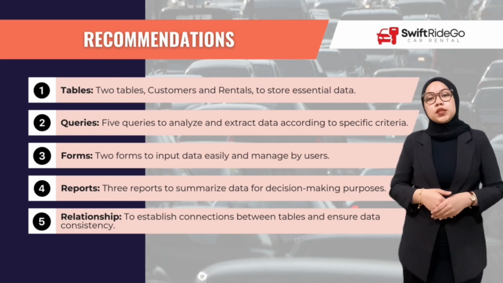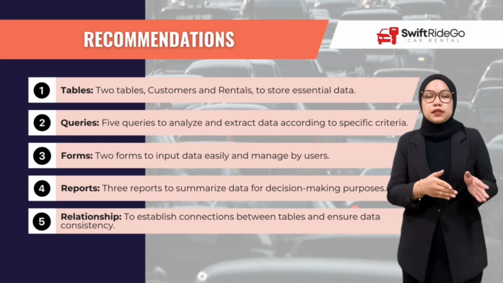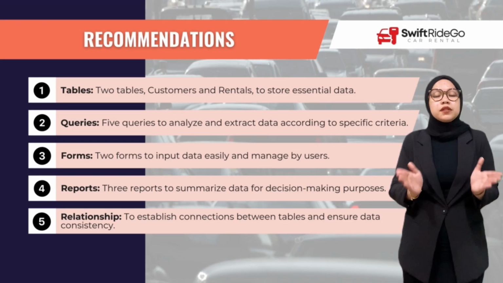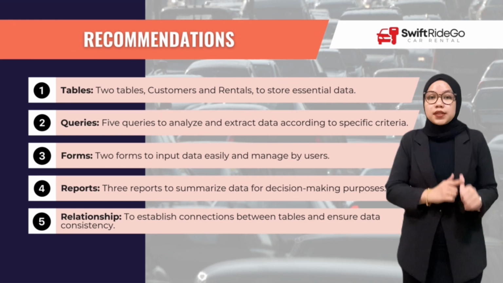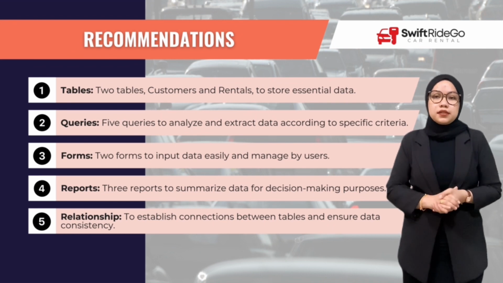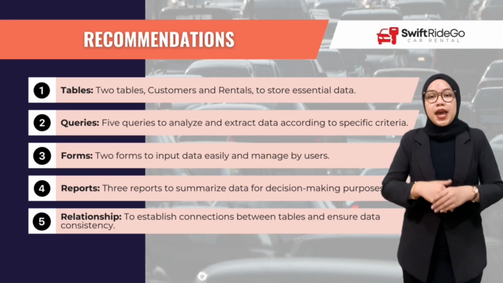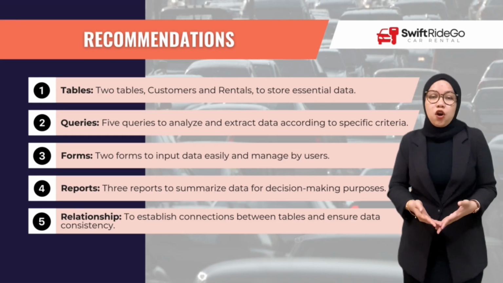The database consists of two main tables: the Customers table for storing clients' details like customer ID, name, license number, contact, city, and preferred car type, and the Rentals table, which records transactions such as rental ID, customer ID, car model, rental dates, fees, and payment method. A one-to-many relationship connects these tables via the customer ID, ensuring data consistency and allowing efficient tracking of multiple rentals